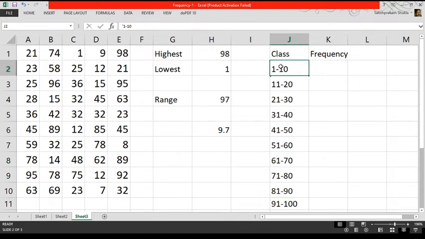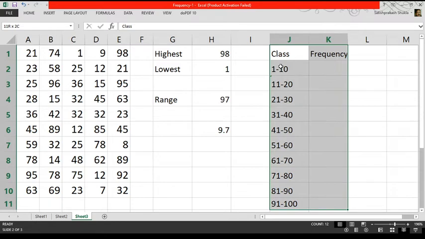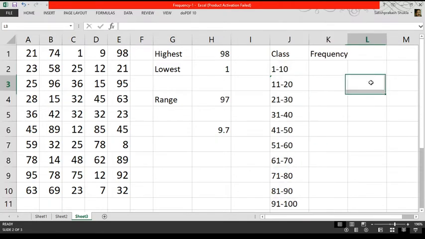In this way, a total of 10 classes will be there in our frequency distribution. Now after preparing the structure of this frequency distribution, we have to do one more thing. Actually, Excel does not require the classes to prepare a frequency distribution. It needs the range of upper boundaries, that is called Bin's array. When the frequency distribution is to be prepared with classes, the range of upper boundaries is known as Bin's array. So we have to prepare a range of upper boundaries.